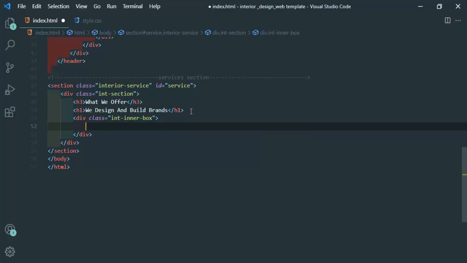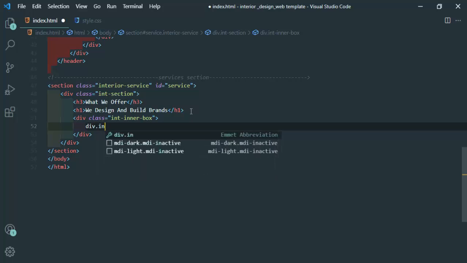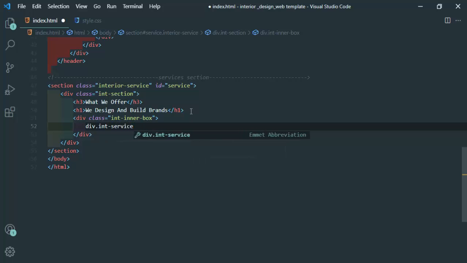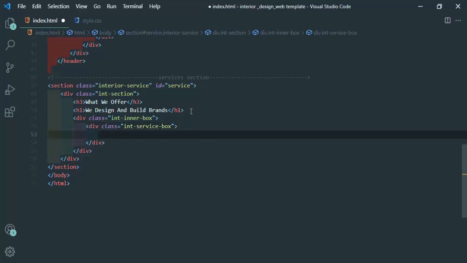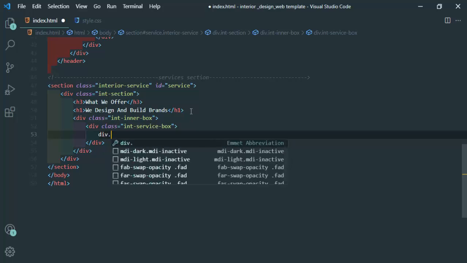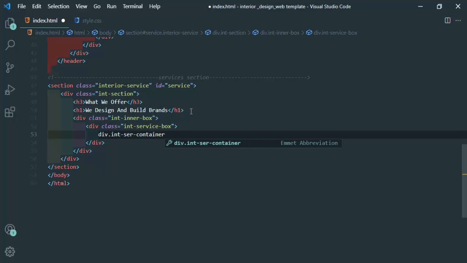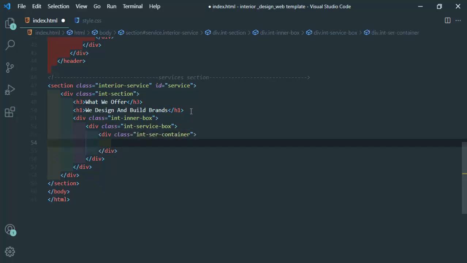so before this there is another div section, integer services box. Okay, and in this particular section there is another div section that is named as an integer services container. Okay, so